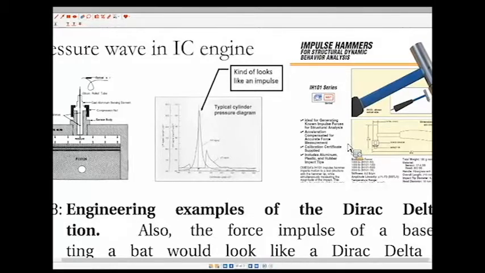And so this instrumented hammer, you can buy this. You can put accelerometers on your structure. You then whack it with this hammer. It has a little force sensor in it, so it's actually going to understand how hard you hit it. And you can look at, from more of a theoretical point of view, if I put a Dirac delta into it, what was the response of the system? Other examples,